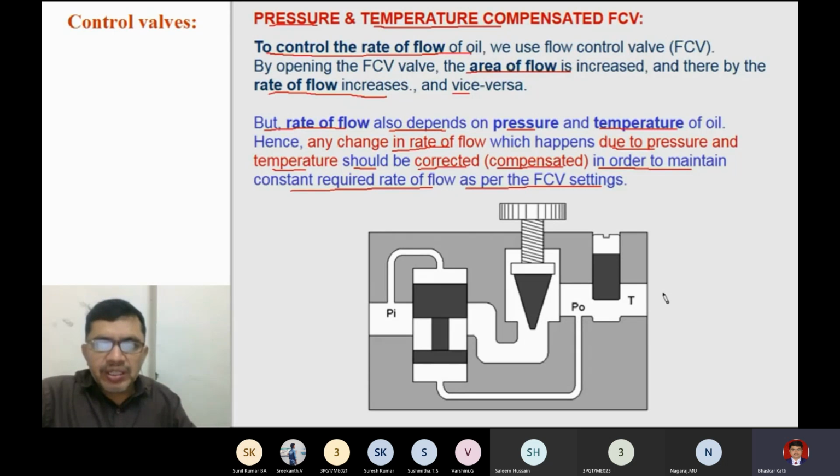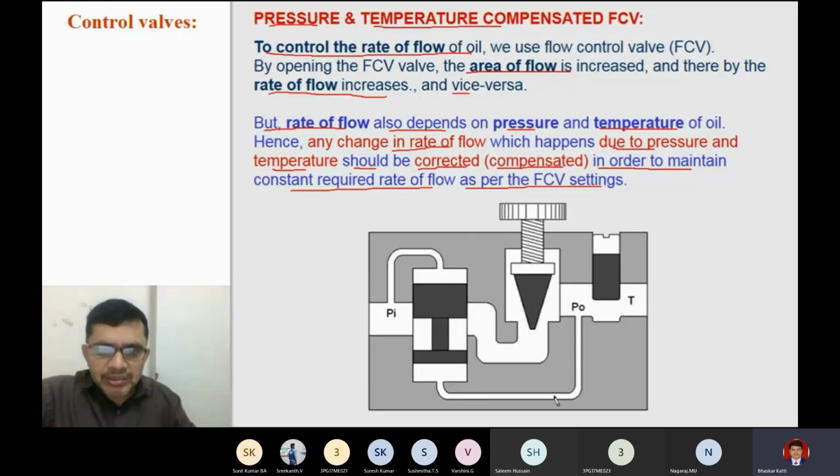We need exactly 5 liters per minute rate of flow, for which we use this arrangement for pressure compensation and this arrangement for temperature compensation. Let us see what happens if pressure increases at the outlet of this flow control valve. If at this outlet of the flow control valve the pressure is more, then the rate of flow will reduce. To compensate this, we have a mechanism here.